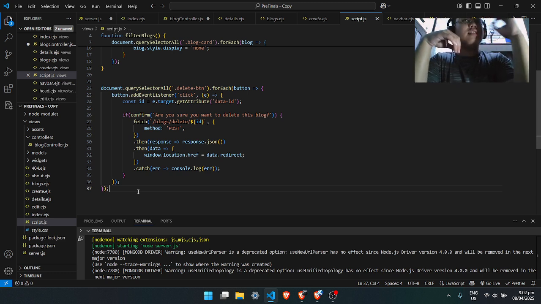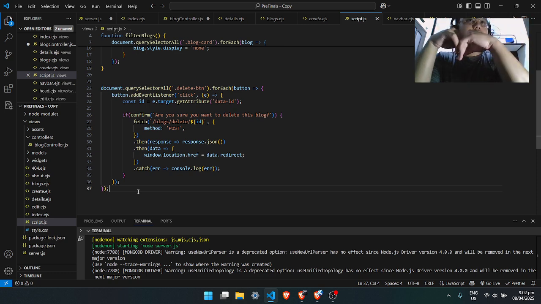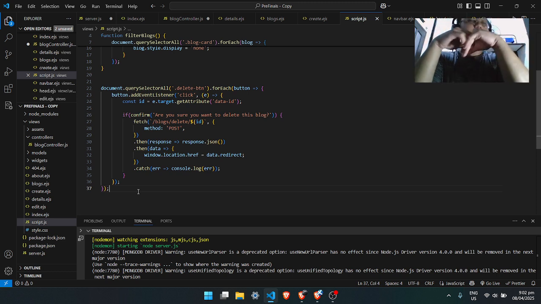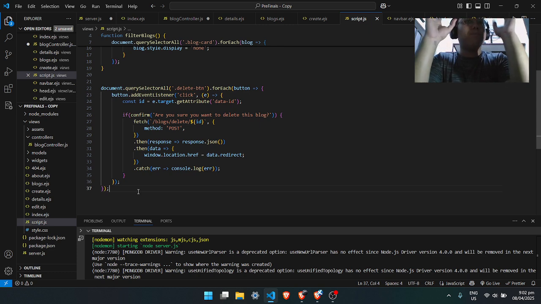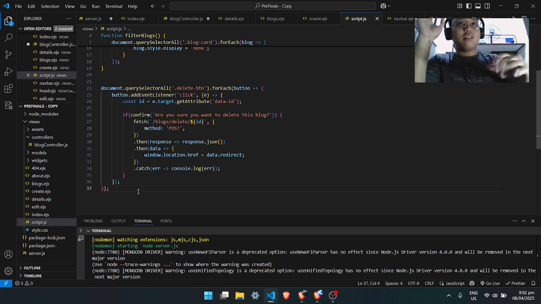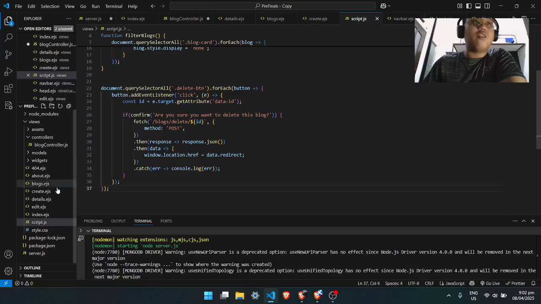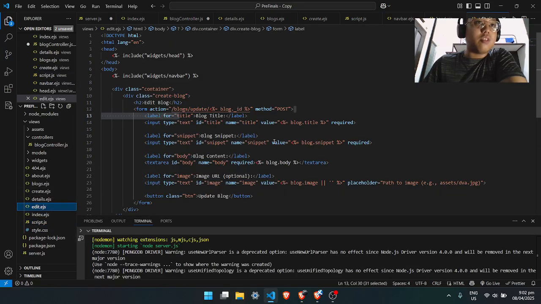So it searches for the delete button, and if it's actually deleted, it gets the ID of what you take, and also searches for the method post because you're requesting for it to be deleted. If not, go back to all those things. Next one is for my edit. So that's all for the web page.